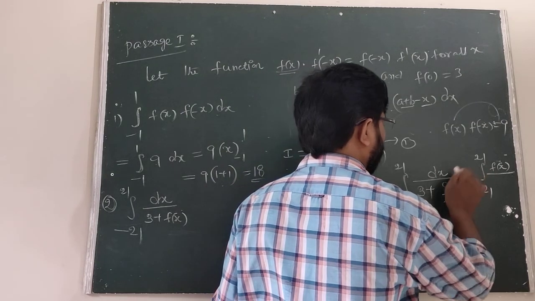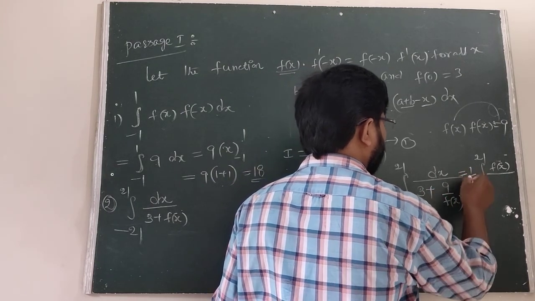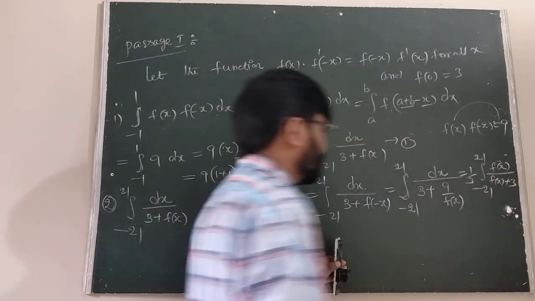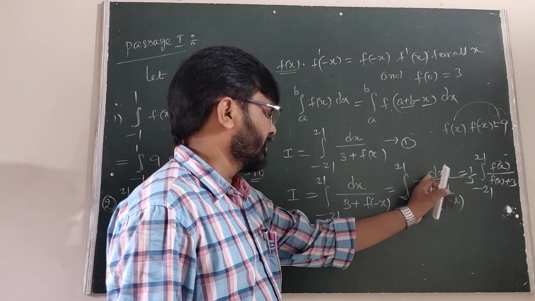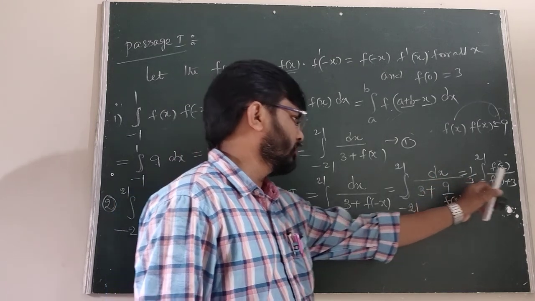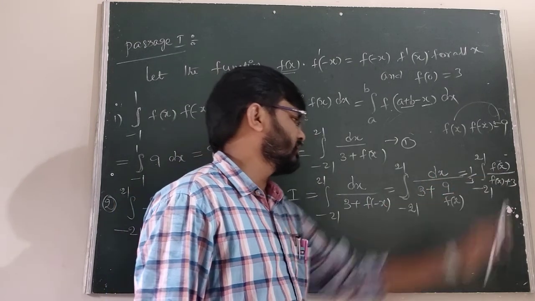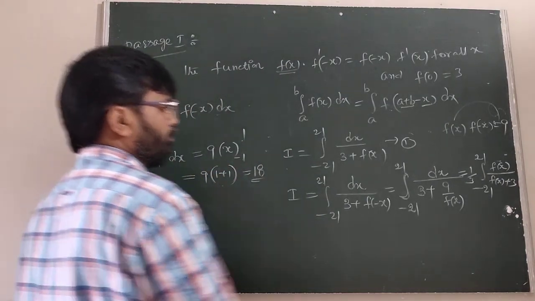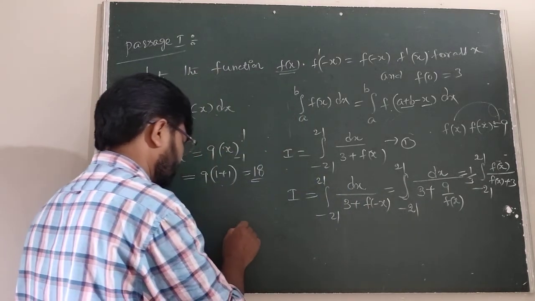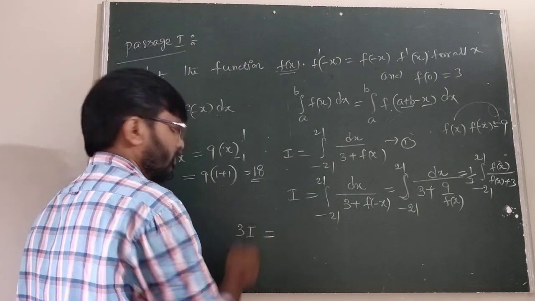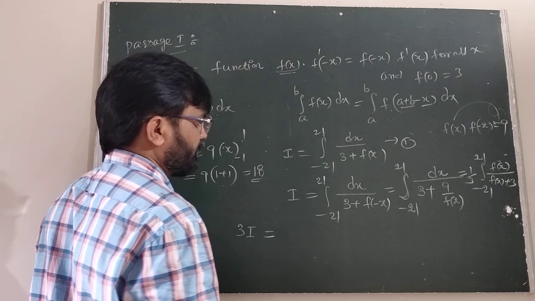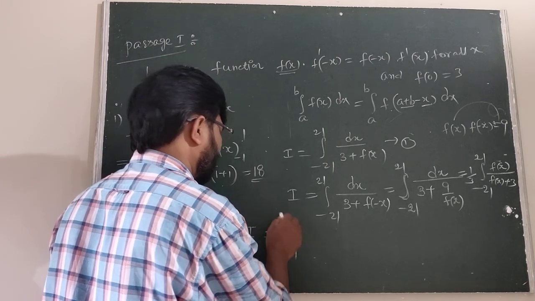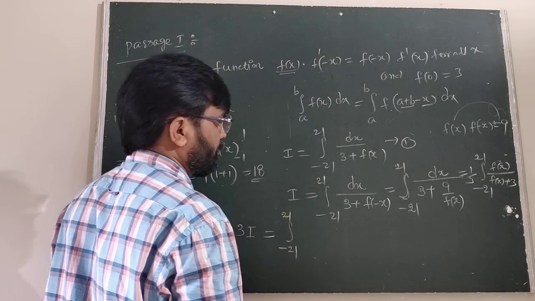Now we can take the 3 as common, 1 by 3. Now this is f of x plus 3. Is it clear? The f of x is the LCM sending to the numerator. 3 is also common. 3 into f of x, 3 f of x. 3 3s are 9. Therefore, here the by 3 is sending to the other side, then it will come 3I. All of you listen here, the 3I is the integral from minus 21 to 21